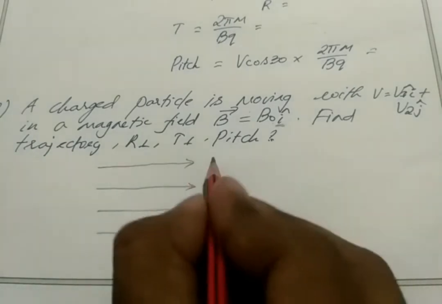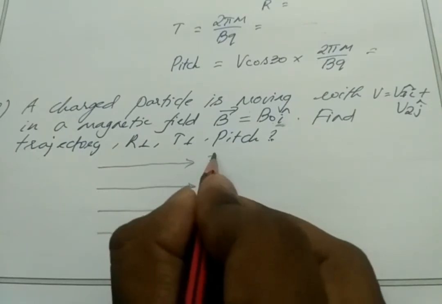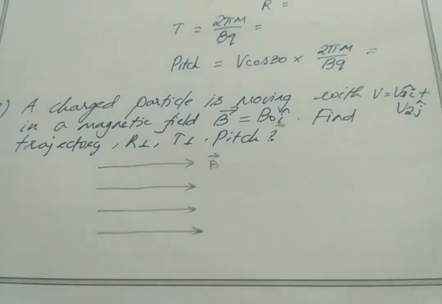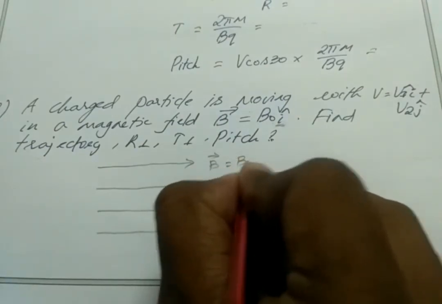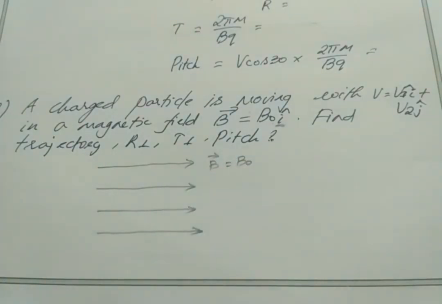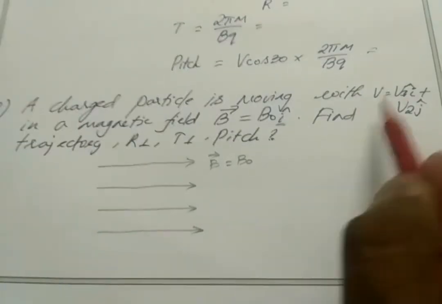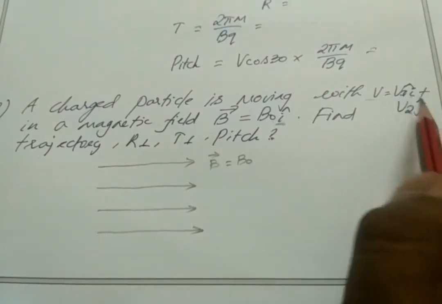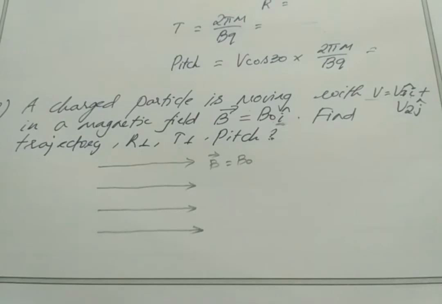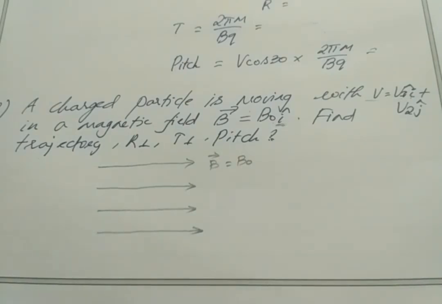Okay, so in this magnetic field, how may a charged particle move? That is another question. What's the value of this magnetic field? B naught. Okay, so our magnitude will be B naught. So in this magnetic field, how does our charged particle move? See, velocity is given, but velocity is given in two axes, i as well as j. So I have two components which are already given.